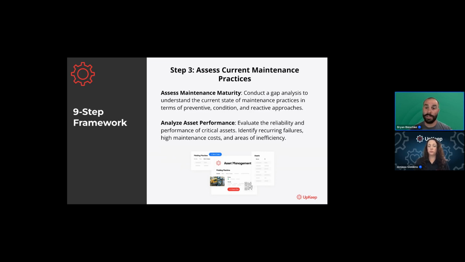I'm going to go out on a limb and say where most of you are inefficient is manpower capacity and being able to schedule and plan your work. That's probably where you're mostly inefficient. And I don't even know half of you, but that's probably the biggest thing that we find the most of, right? So essentially, big picture, we got to know where we are as it relates to how mature we are as a maintenance function. And we have to understand the past and present performance of our assets.